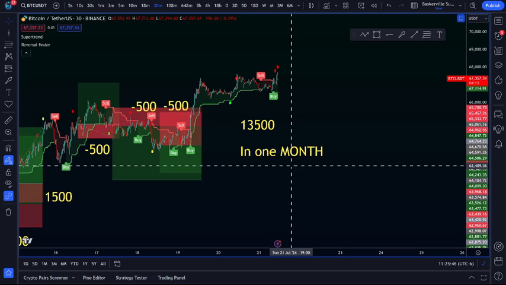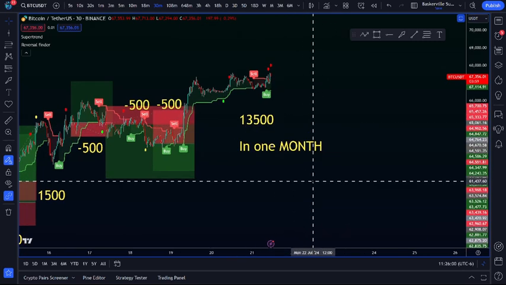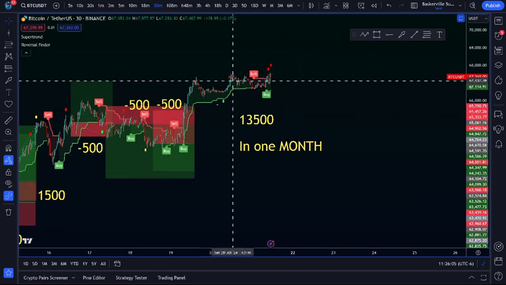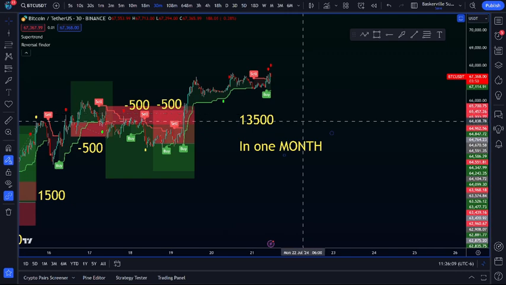However, the numbers on the backtest are usually not quite as good as reality, but still I think this would be above $10,000 in a month. Now this is trading $500 each trade. Now, maybe you don't have that kind of money, right? Maybe you're going to trade $100 each trade, which would divide this by 3. So if we're going to say it's closer to $10,000 in reality, then you're looking at $3,000 in a month,